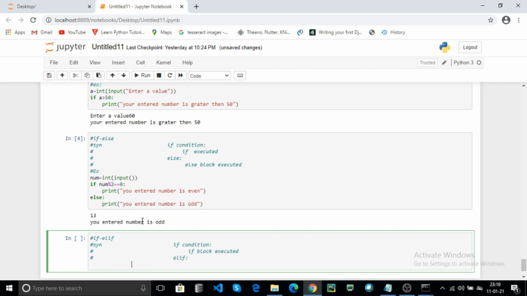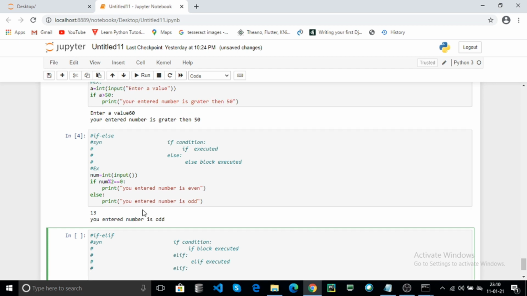The elif is similar to the else within the if. Based on your requirement, you can use the elifs.